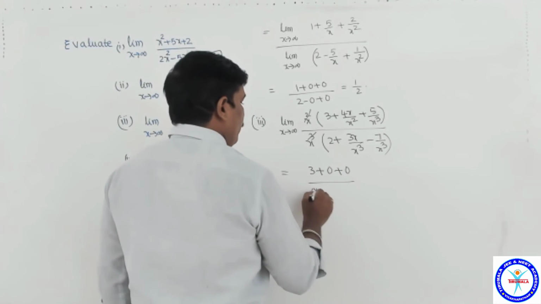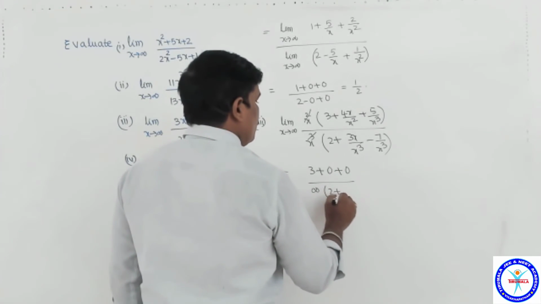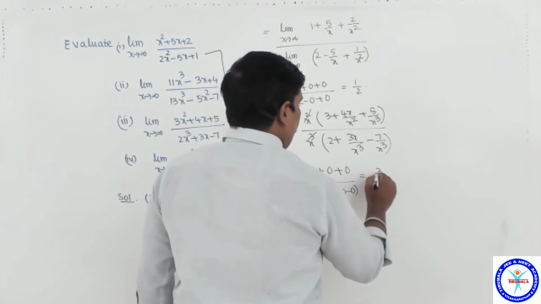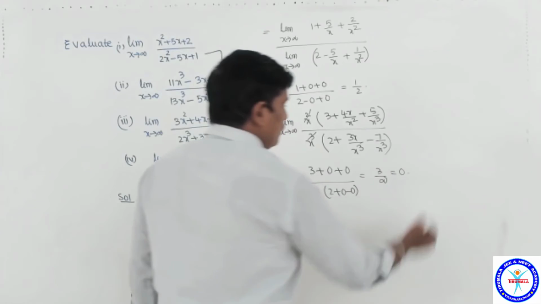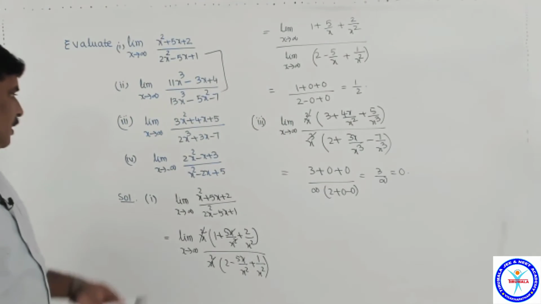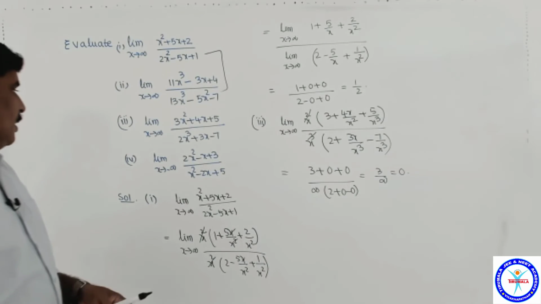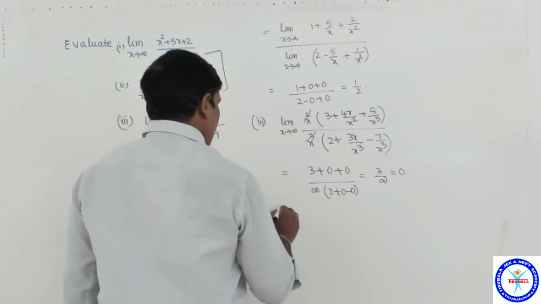by infinity into 2 plus 0 minus 0. This is equal to 3 by infinity, it becomes 0. Okay students, this question also same process. Okay, limit x tends to minus infinity. Fourth question,